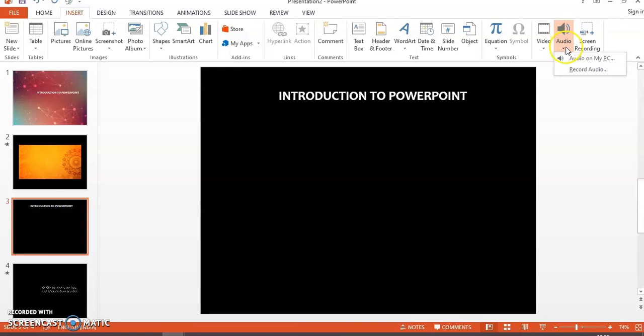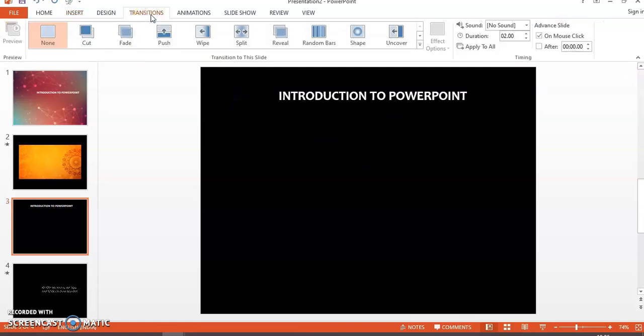Then if you want to put audio, maybe sound effect or something like that, you can do that over here by choosing the option. Or if you want to record your own audio, your narration, you can do that. Then the next option, for basically the two things for which PowerPoint is famous, is transitions and animations. So about those two things and other things related to PowerPoint, I'll explain in my next video. And for this video, I just want to keep it till this point.